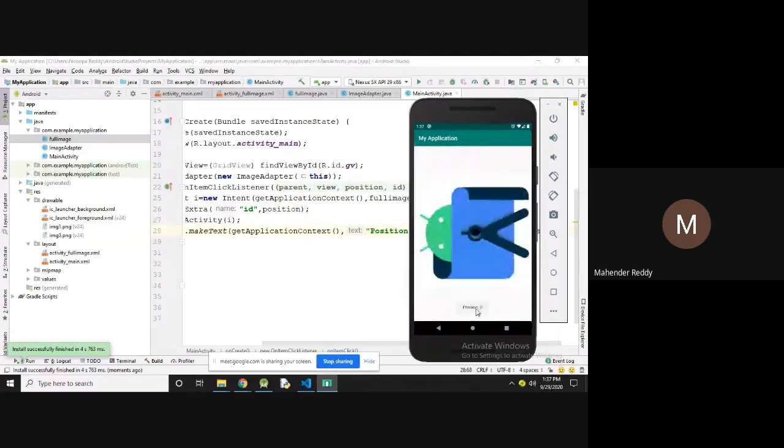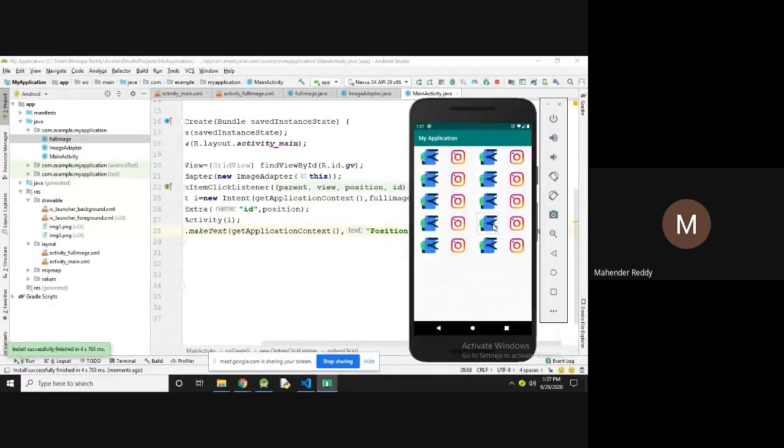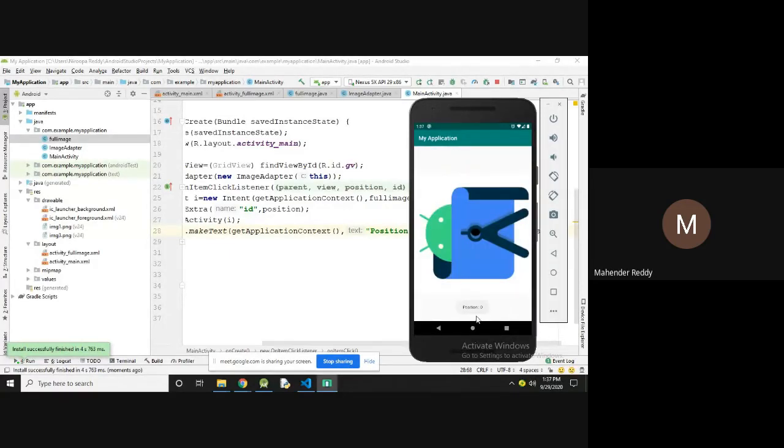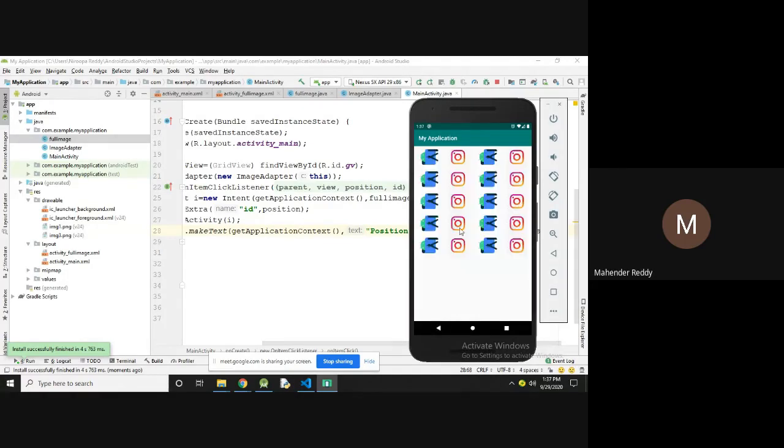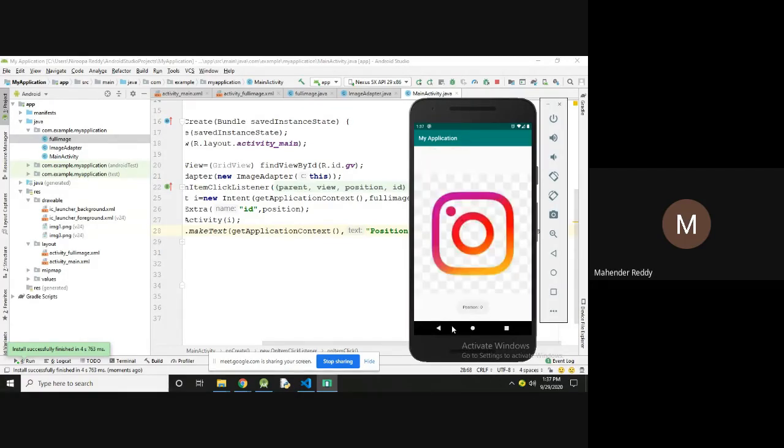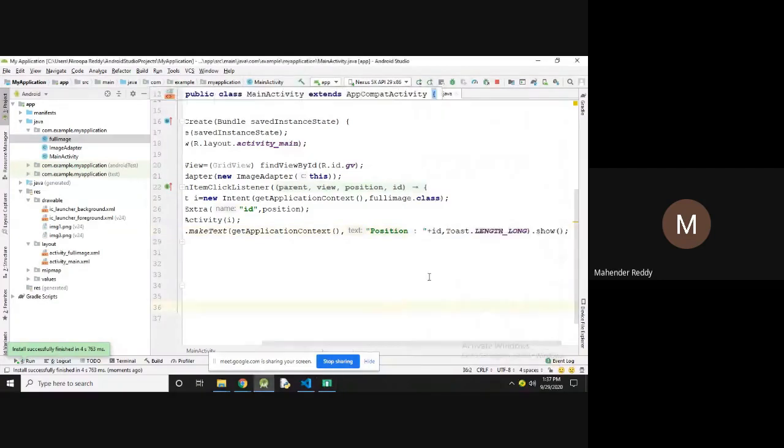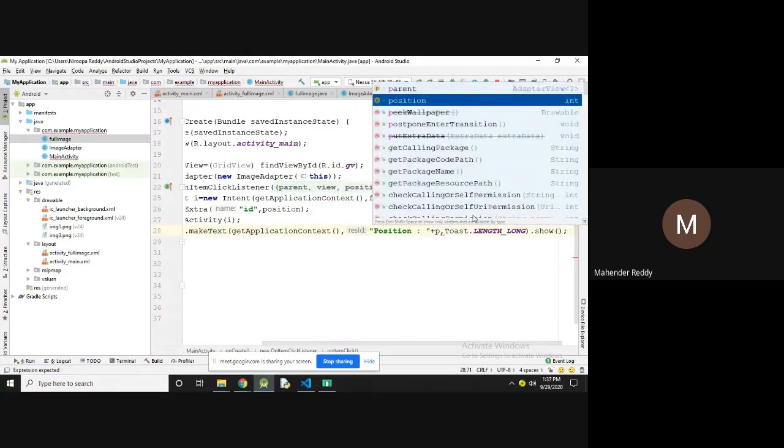It returns position 0. And if I select this one, position, not id, position.